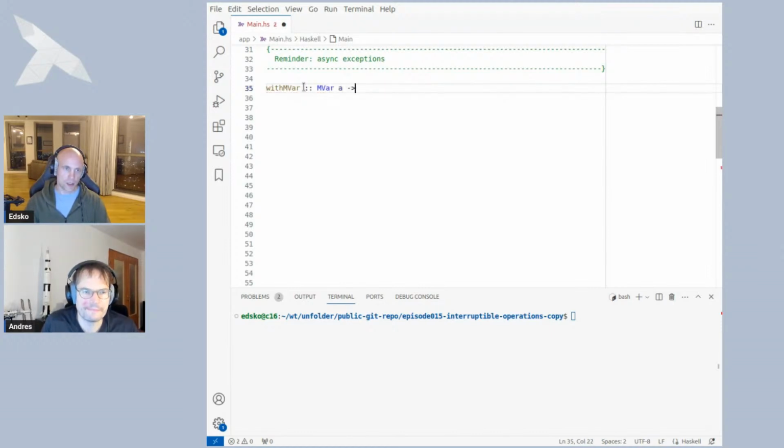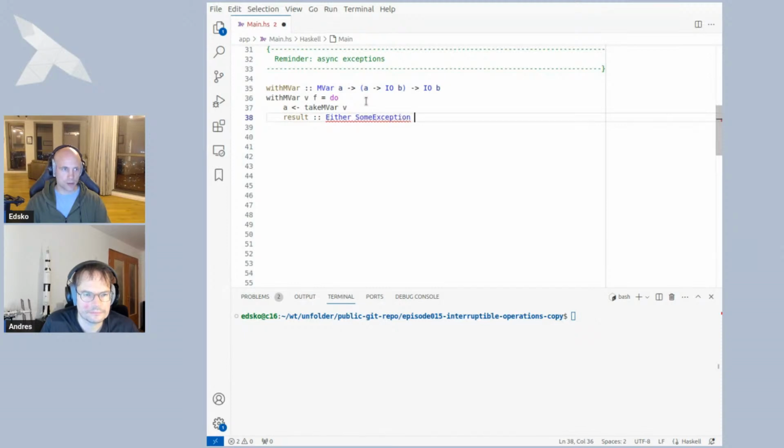withMVar is a function that takes an MVar, and an MVar is basically a lock alongside a value that it is protecting, and a function that wants access to that value, and it's going to execute that function. So what it needs to do is take the lock, run the function, and then release the lock again. We get the MVar and the function that we want to execute. What we're going to do is precisely what I just said: we take that MVar, get the lock, then we get some result back from this function,